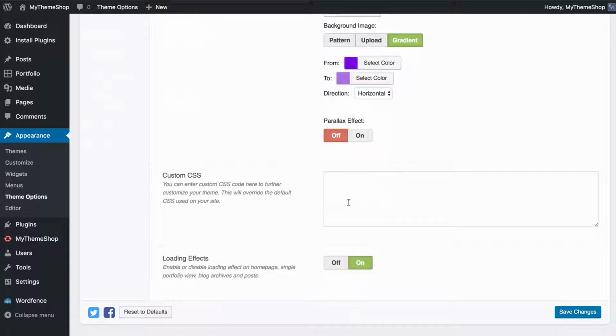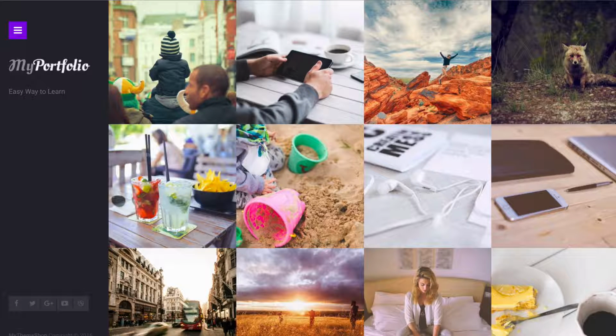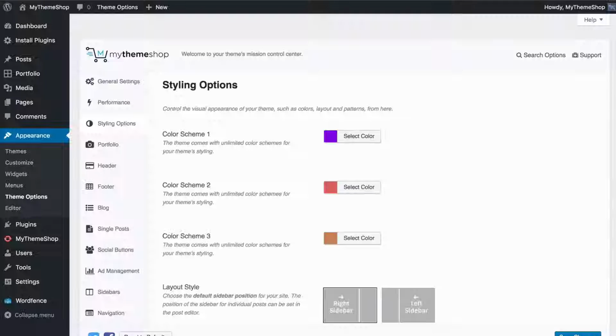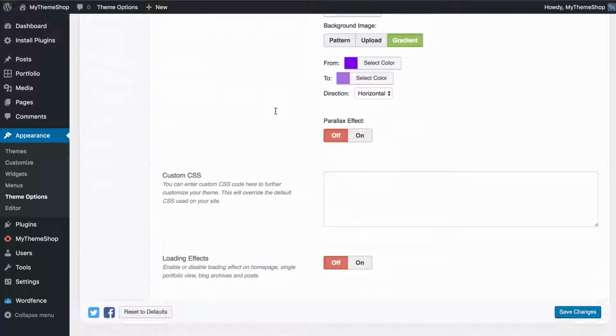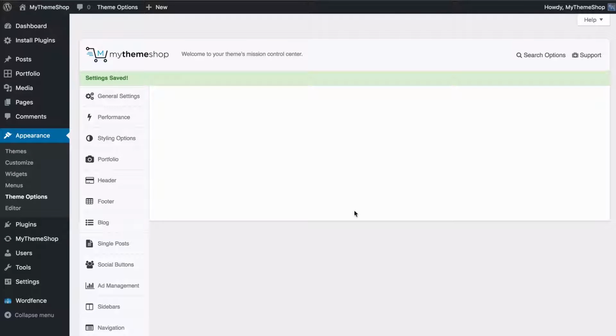If you'd like, you can also add in any custom CSS here, which will override the default CSS used on your site. And you can also enable or disable loading effects on the homepage, single portfolio view, blog archives, and posts. So if we have this off and save those changes, you'll note before we had that nice loading effect, but now if we refresh our site, you're going to see everything loads straight away rather than having that animated loading effect there. So you'll want to save your changes once you're done, and we can now move on to